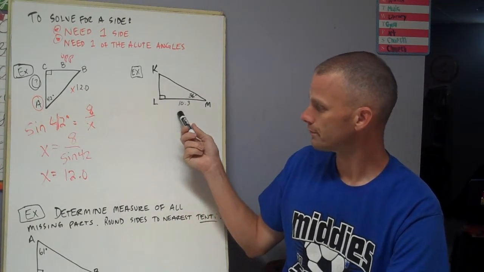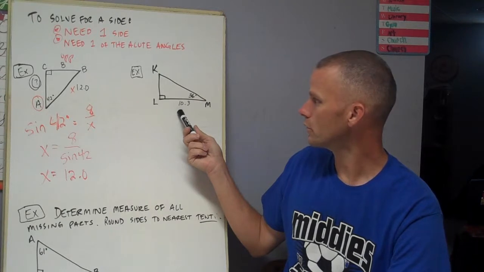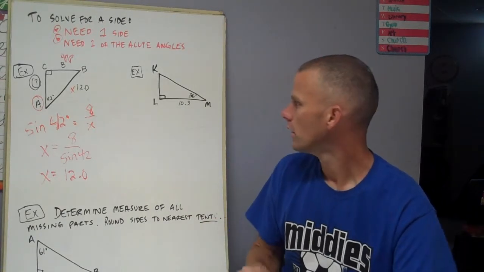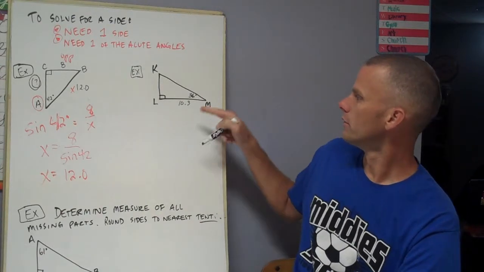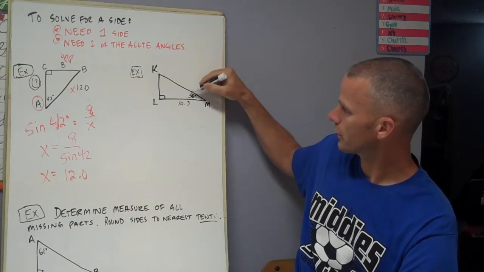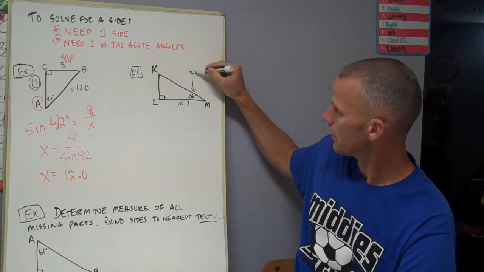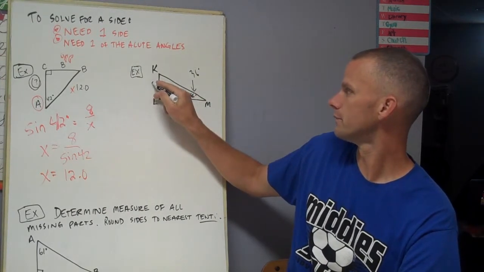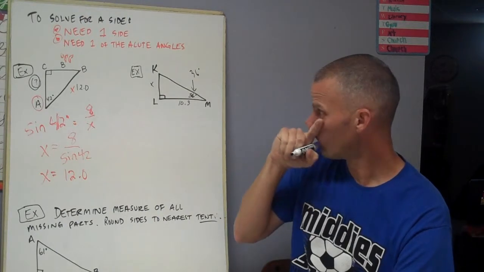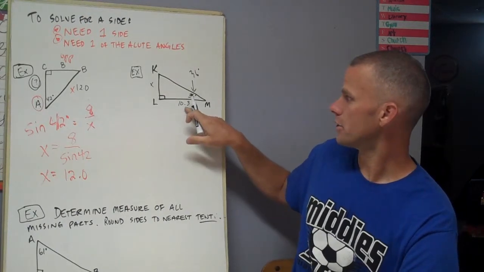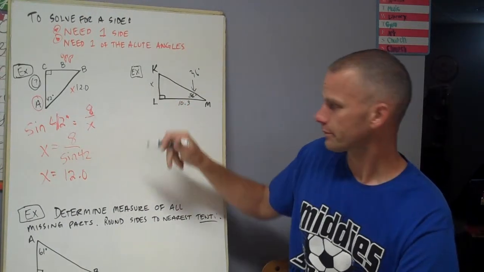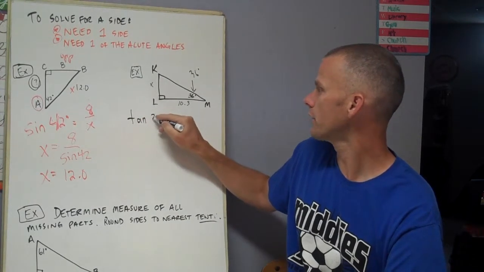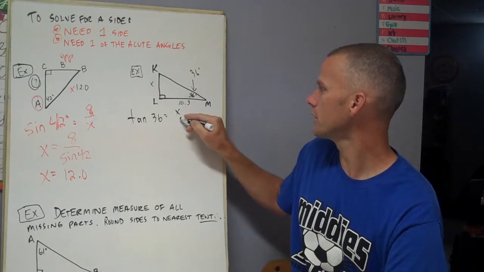Another example here, if you wanted to jot it down real quick, go for it. Alright, so here we've got our angle measurement of 36 degrees. This is a 36. We're going to go for segment KL. So we've got adjacent, we want opposite, going to be the tangent. So the tangent of 36 equals opposite over